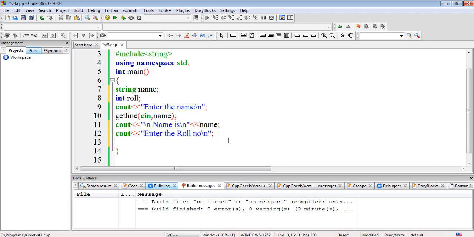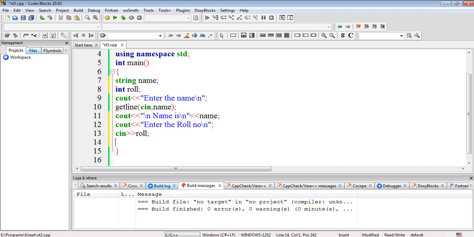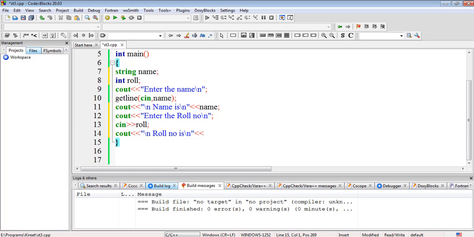It is a numeric value, so we will read it with the help of cin, there is no problem. I'll read roll, and now I have to print it. I'll write cout, roll number is, provide a new line character here, and write roll.